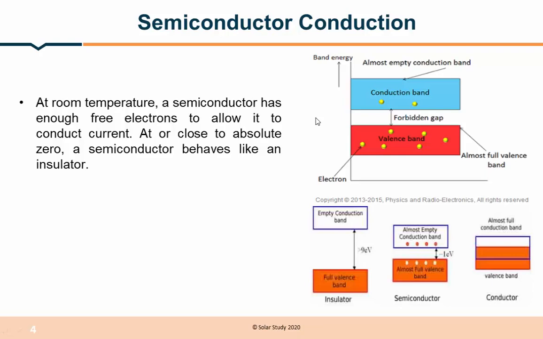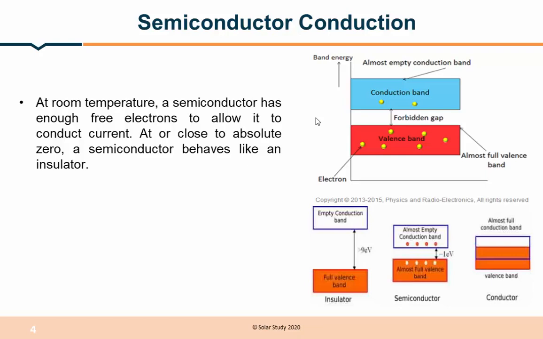I already told you that in a semiconductor there will be conduction. How? That is due to room temperature. There are some electrons present in the semiconductor material, and due to room temperature, they start moving. So at room temperature, it will produce some energy, a small amount of electricity. That is the main behavior of a semiconductor. So as the temperature increases, the conduction also increases.